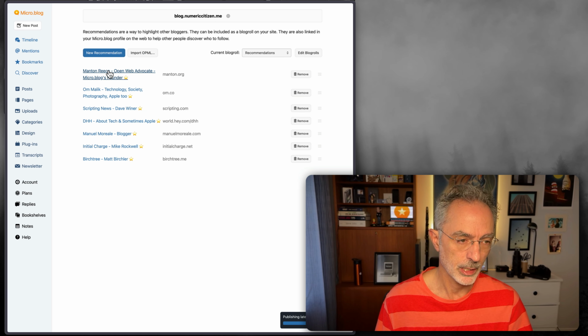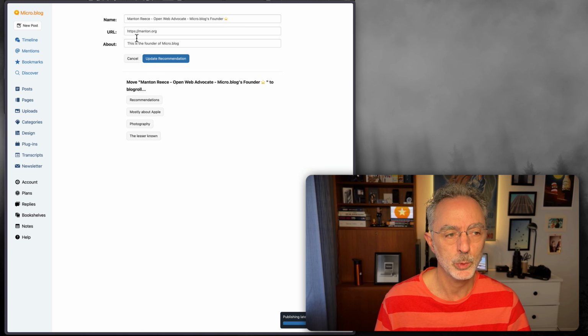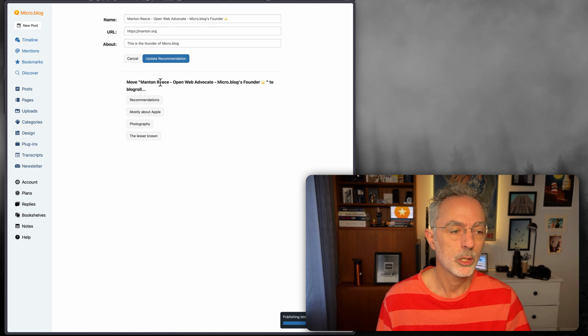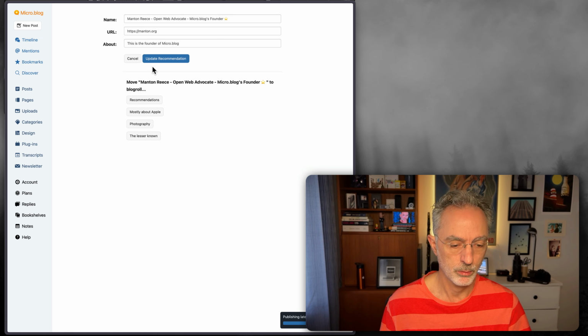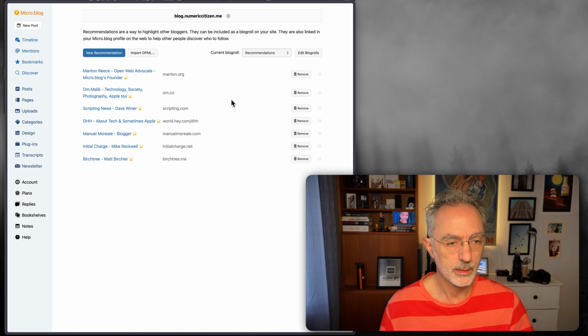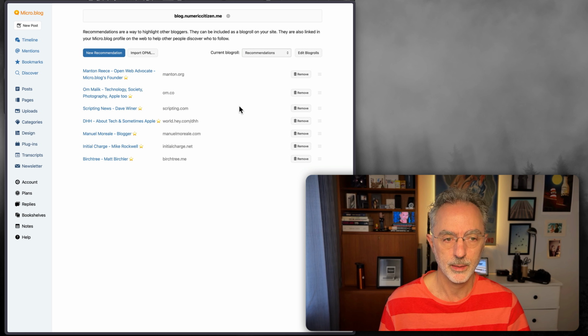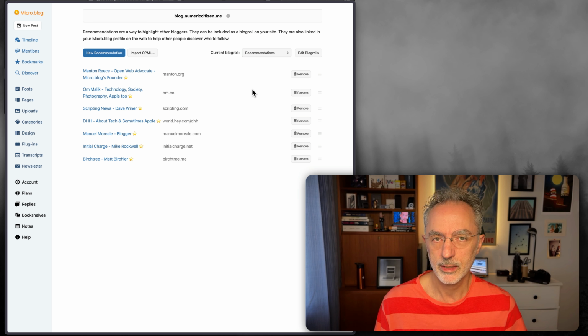And also, if I come back here, you will see that I can move this specific entry to another blogroll if I want to do some management right there. So this is the basic feature. I can also reorder those entries within the list. And I'll show you how you can display this list on your blog once it has been created.